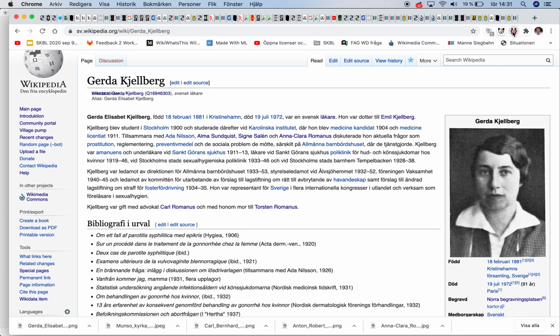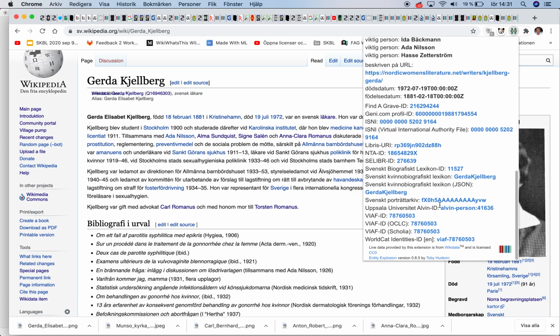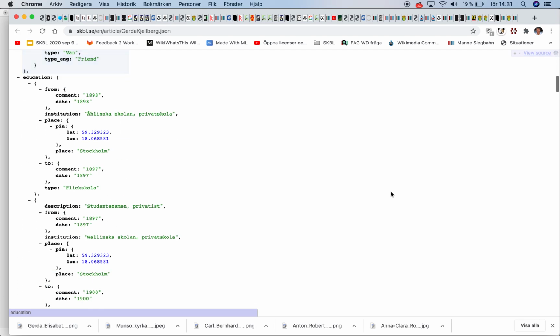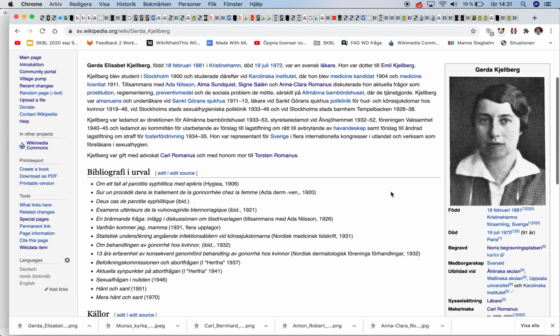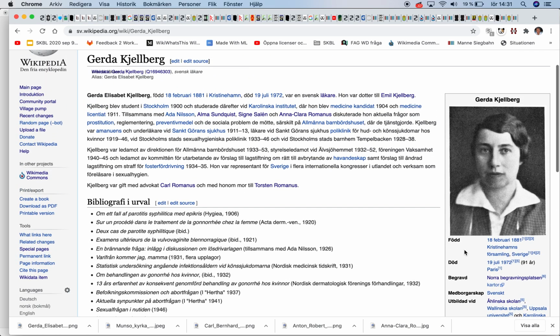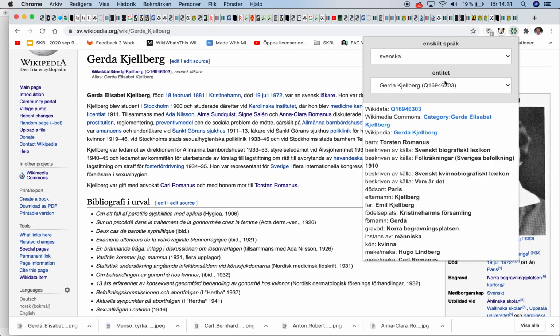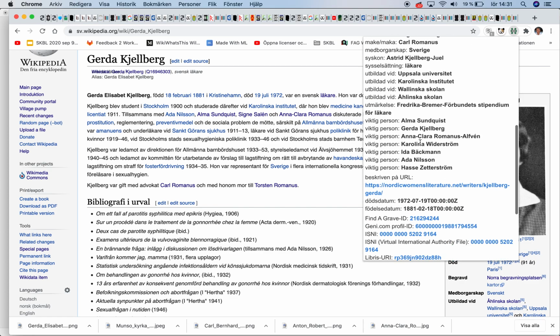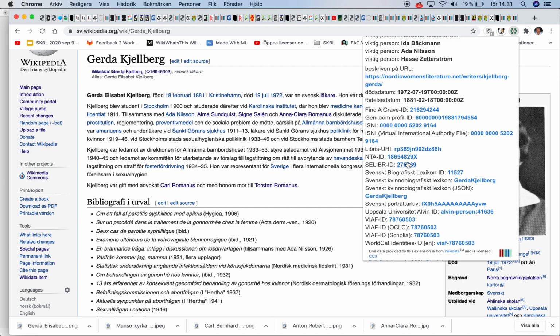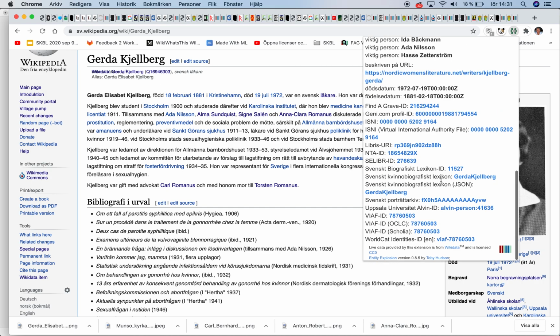If I click on this one, I go to the source used in JSON by this institution. So then I can start checking all the data they have, if it's good enough or not. This opens up a whole new way of working, and you can jump also to the library sources, and